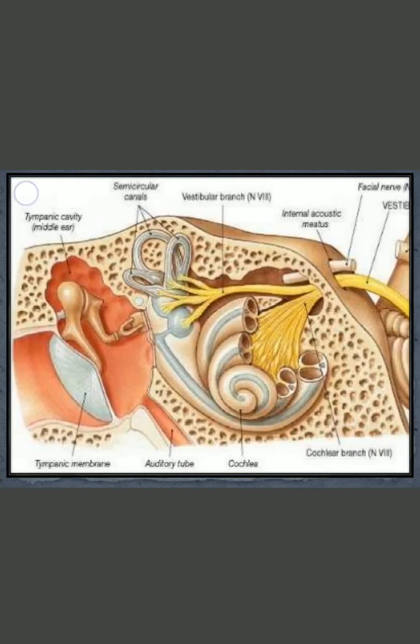In this figure, you can see this is the tympanic membrane. This is the middle ear cavity. You can see the three ossicles lying in the middle ear cavity: malleus, incus, stapes. You can see the joints of all three ear ossicles here, the various parts. And the foot plate of the stapes fits into the fenestra vestibuli. Basically, this is the medial wall of the middle ear cavity.